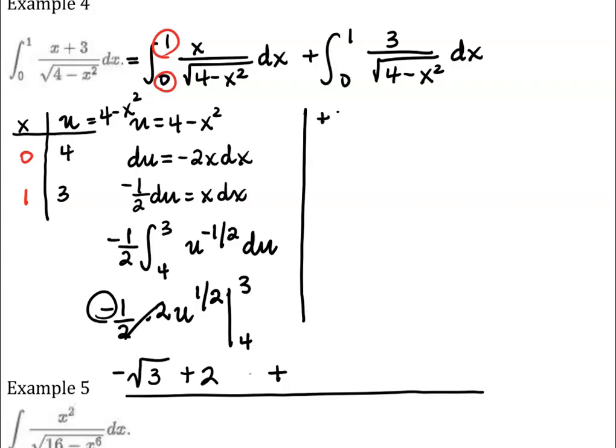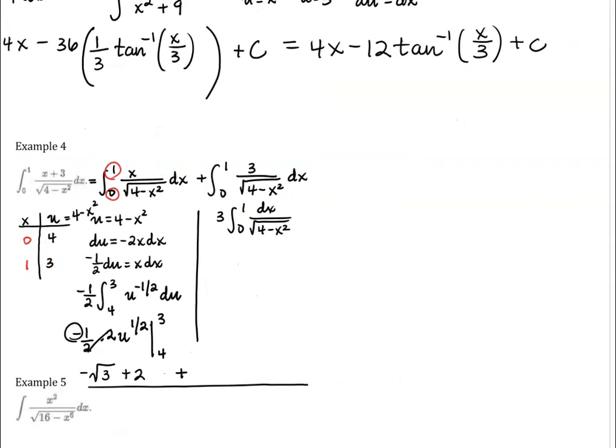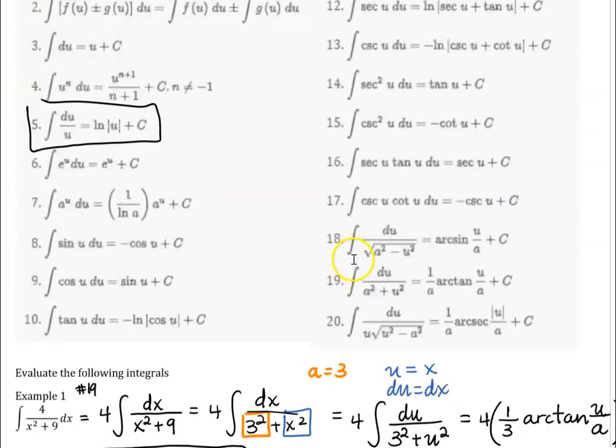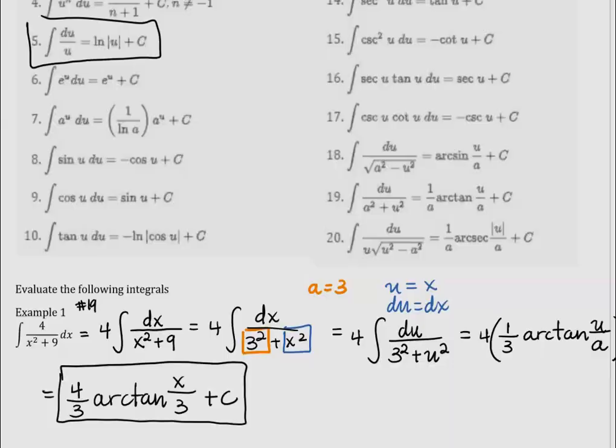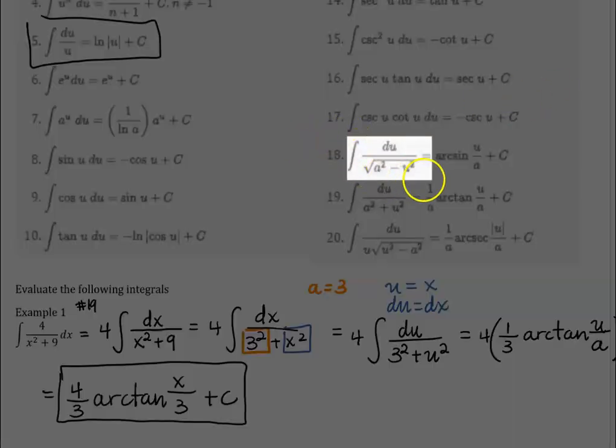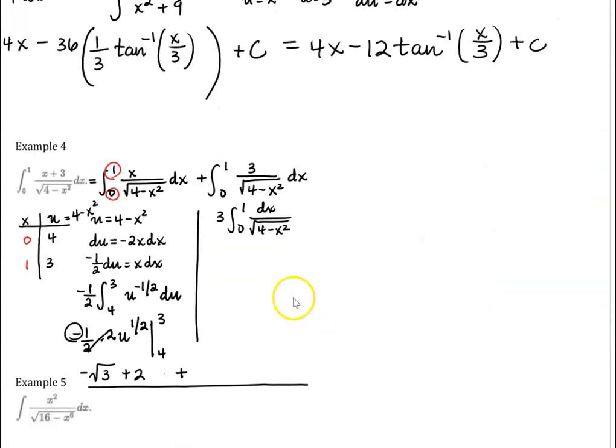So I'm going to go ahead and just pull the 3 out of this integral to just leave me with dx over the square root of 4 minus x squared. One thing that will tell us that we can't do u sub is if we were to let u equal 4 minus x squared, and then we would not have an x in the top that would show up in our du. So what I mean by that,